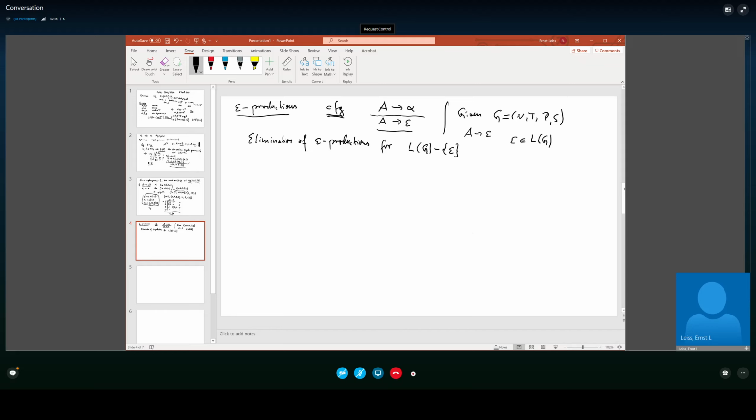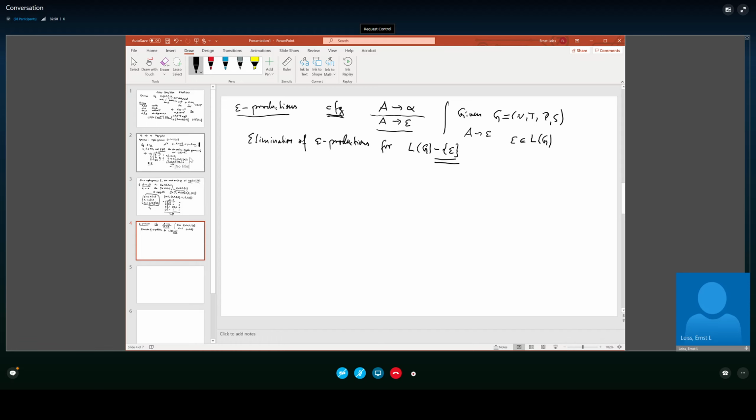We obviously won't be able to generate epsilon if we eliminate all epsilon productions. So if the grammar does not generate epsilon, then of course this is not a problem. But if the grammar does generate epsilon, then having eliminated all epsilon productions would clearly preclude us from generating epsilon, so we can generate everything except epsilon, which is of course very